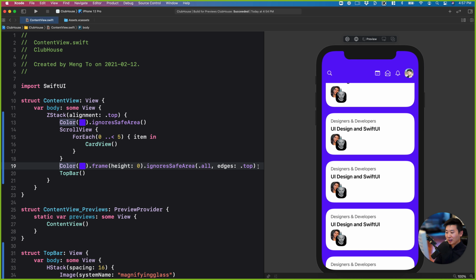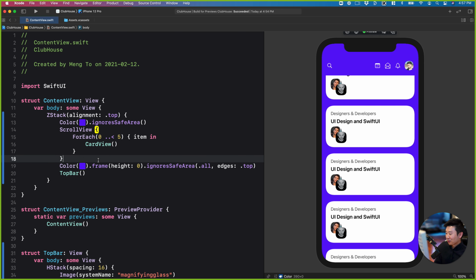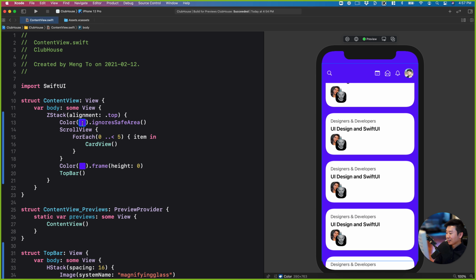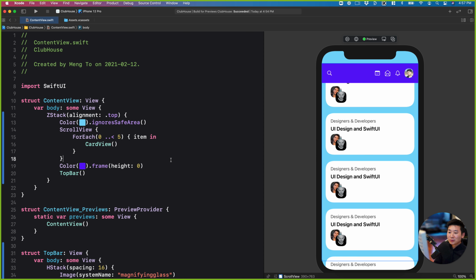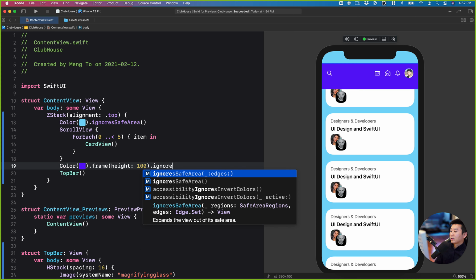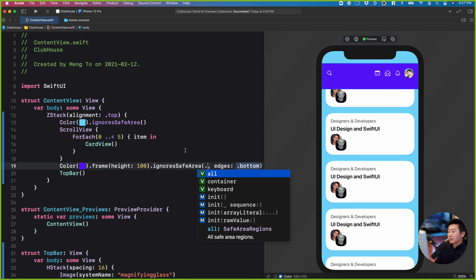Wait, let me just look at the blue lines because I'm a bit confused here. So where is my, it was working before. Let me set this, maybe it's the safe area that's, let me set it to another color. It was working. Okay. That's the color, and I cannot find my color. Frame height 0. If I set to 100, it's going to the top. Oh, because I want to ignore the safe area and